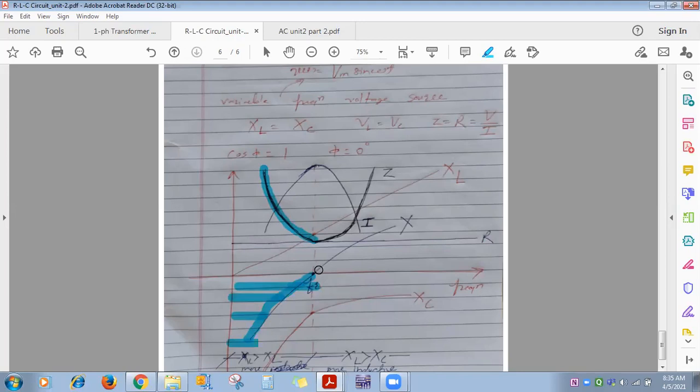And then after this, what is happening here is 1, 2, 3, 4, 5, 6, 7, 8, 9, 10: it is increasing positively, so Z will also increase. And at resonance Z is equal to R. Okay? Yes ma'am, okay. And whenever you represent cos phi, here at this point its value is unity, so the power factor is 1 here.